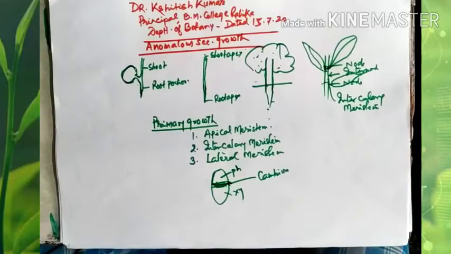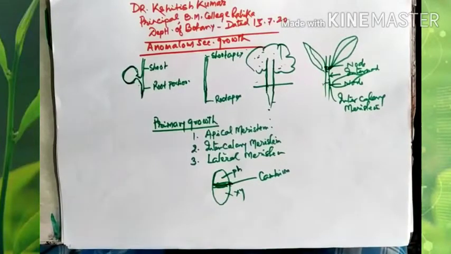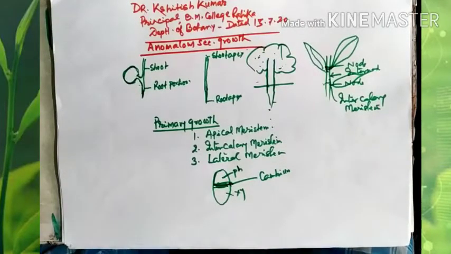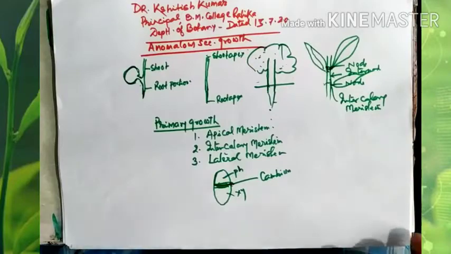Therefore, in the dicot plants, either in the root or in the stem, a type of secondary growth is performed, and in the secondary growth, we know that in case of the stem,